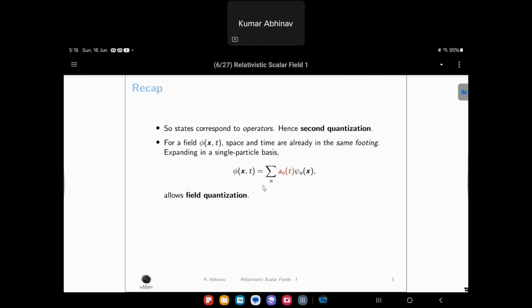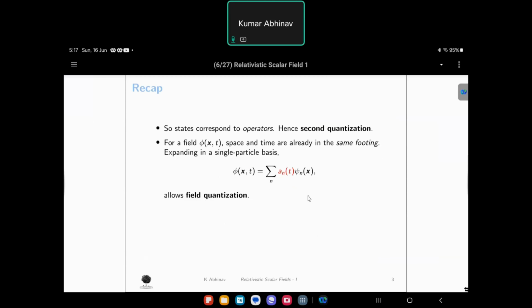It can be called second quantization as well. If the psi is a probability distribution of quantum mechanics in the Schrodinger picture, then upgrading these ans again to operators means you are quantizing again, because in quantum mechanics we know a wave function is just a function, although its interpretation makes it quantum, that it's a probability distribution, but it is a function. Now, if we upgrade its coefficients to operators, it gets quantized again,